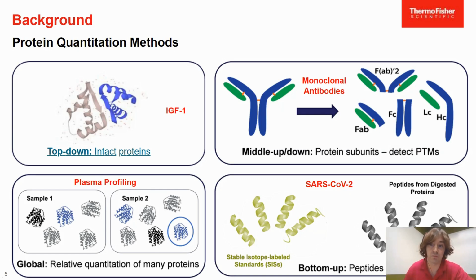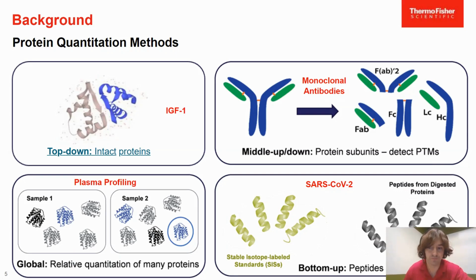Middle-up or middle-down protein quantitation involves the limited cleavage of a protein into its subunits, which allows post-translational modifications and sequence changes to be more easily detected and localized to certain parts of the protein. High resolution is still required for these applications, which are often used when variant profiling is required to understand the